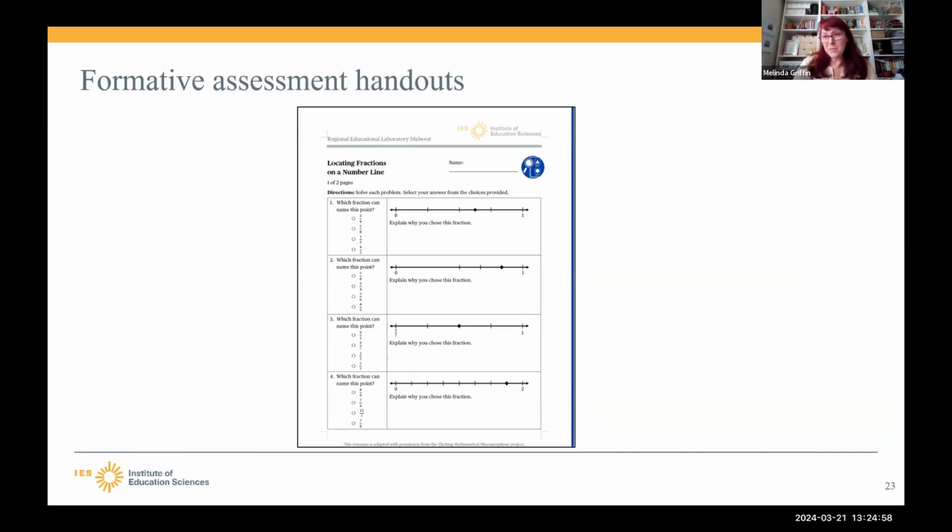And there's formative assessment handouts. Teachers work through this themselves, but these are tools they can use in the classroom with their students. This one here is about locating fractions on a number line, and you'll see there's a multiple choice selection there on the left. So students have a place to do the work. This can help teachers really get at our students' understanding of the concept, and if not, what is the misconception that's